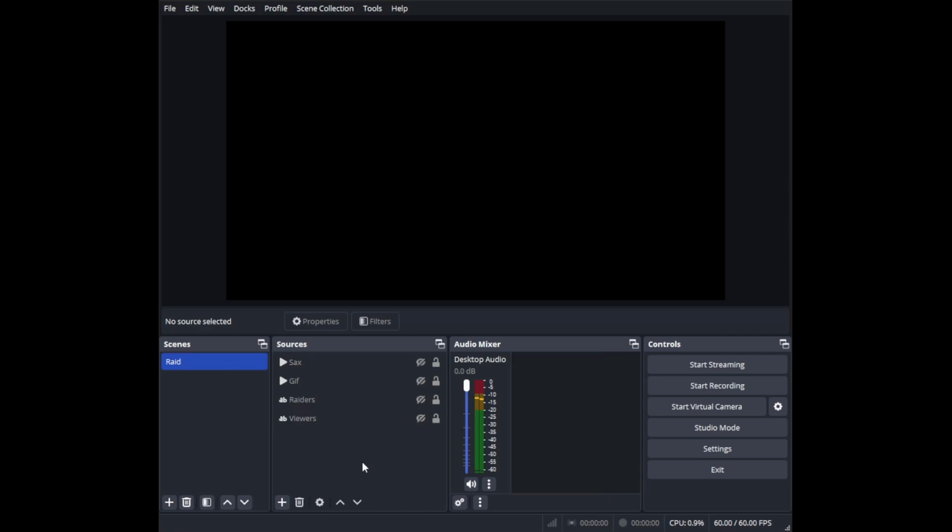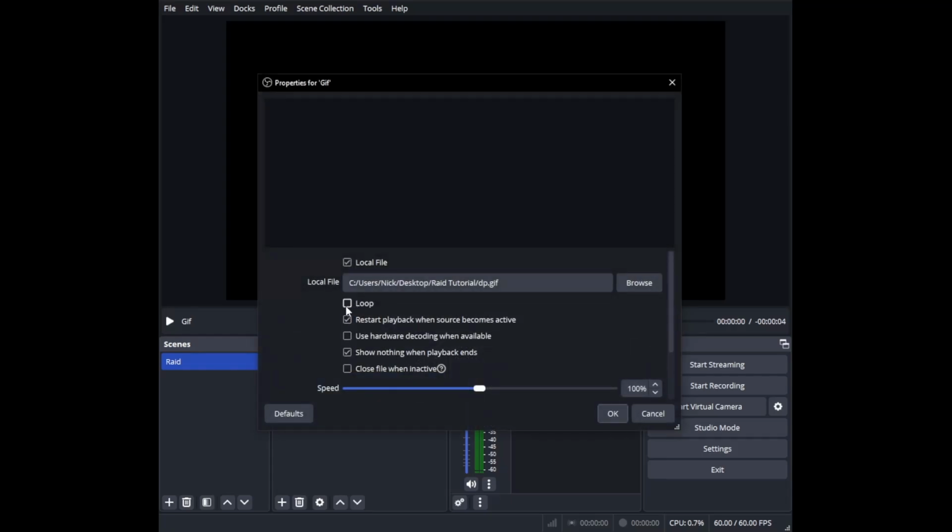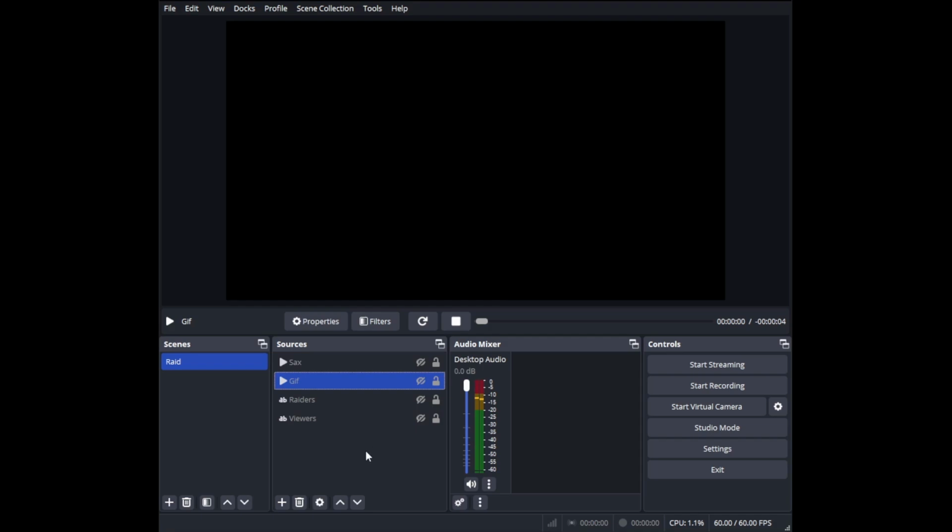Now I realize that that GIF is very short. You can go into the GIF and we can loop it if we wanted to, so it just keeps going over and over, unless you have a video that is the specific length of a song that you have. You know, build your raid however you want. That's your details. This was just quick and easy to show you how to show a GIF, to show some music,